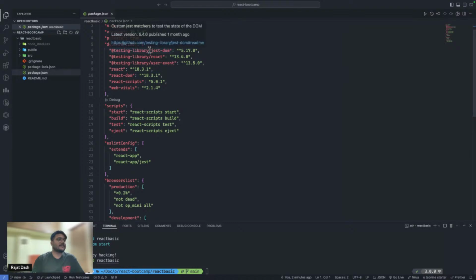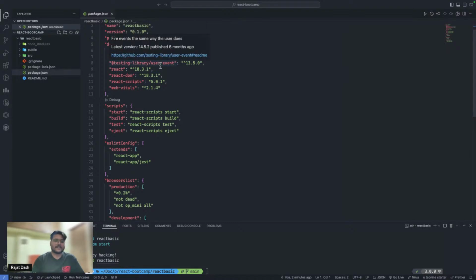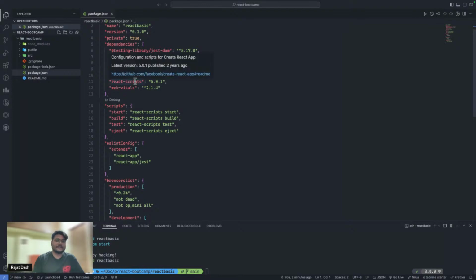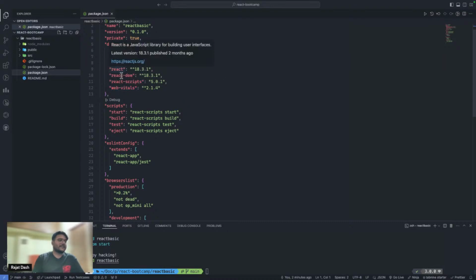For example, these testing libraries. Okay, testing-library/react, jest-dom. These are used for testing the React application. Okay, for unit testing, these libraries are used. Next, we have react-scripts. React scripts are a completely different thing. We will learn about it in another section. And we have this web-vitals. Web Vitals is to check how your web application is performing, whether it is SEO friendly or not, how much time it is taking to load, and all these things. But for a basic React application, only two packages are required. It is react and react-dom. Okay.